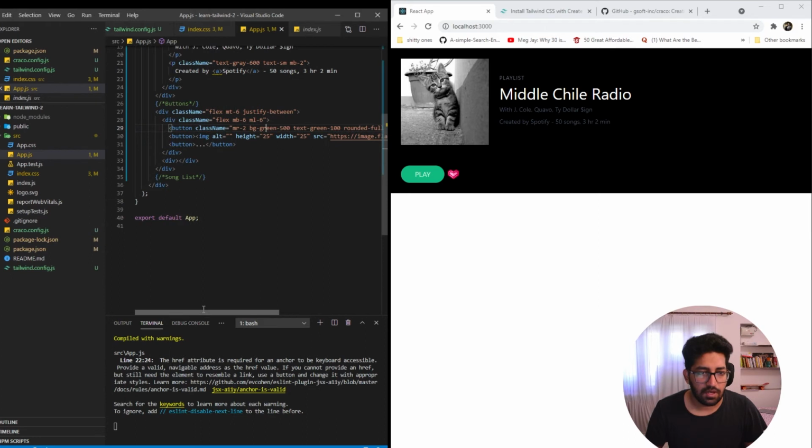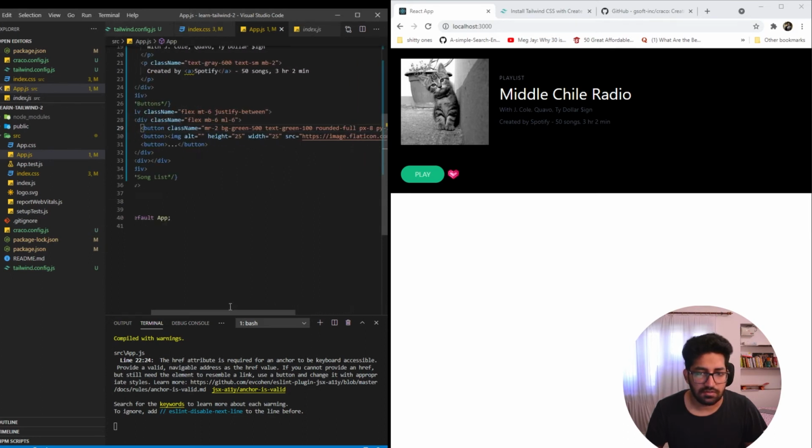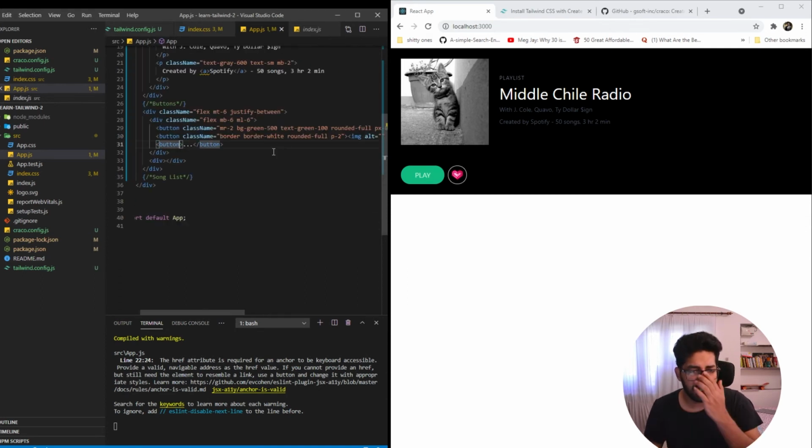Now for the image tag, we'll also have to add a circle around this small image as well. So we'll just add a border, which will create a simple border around it. Then border color is white, then rounded-full. So this will create a round border around it. Now to make it a little more round in shape, we'll add padding to all sides of it, that is p-2. So this creates almost a great view.